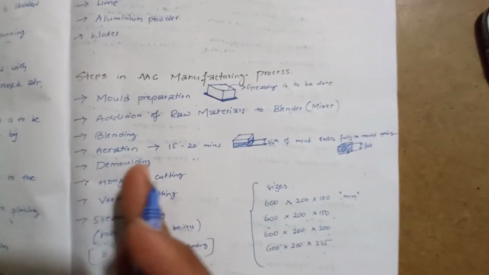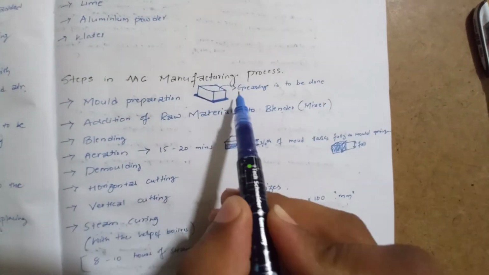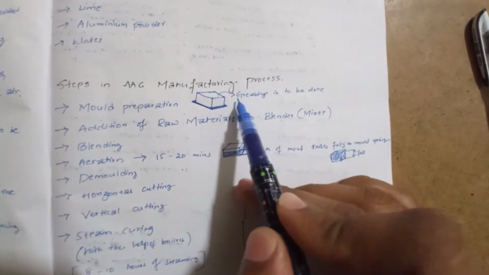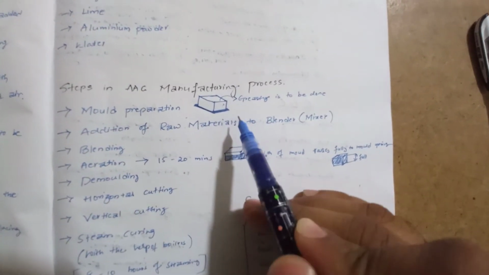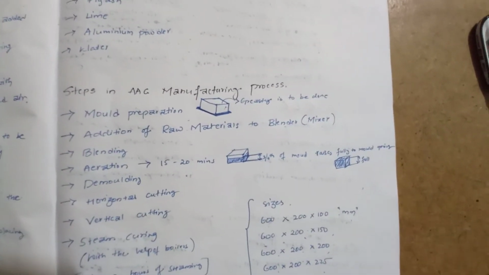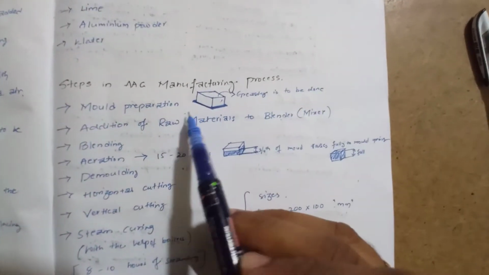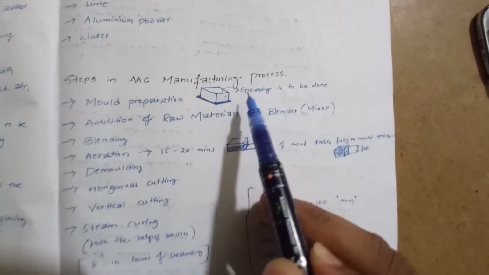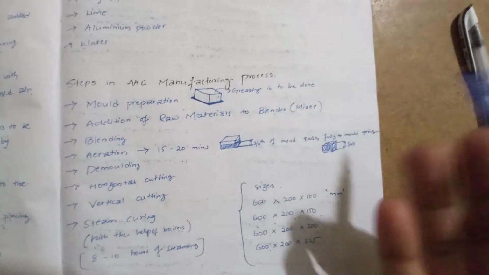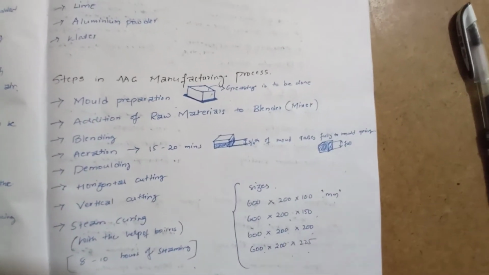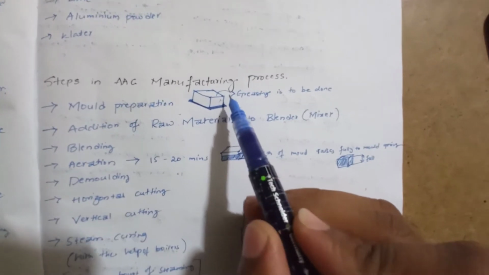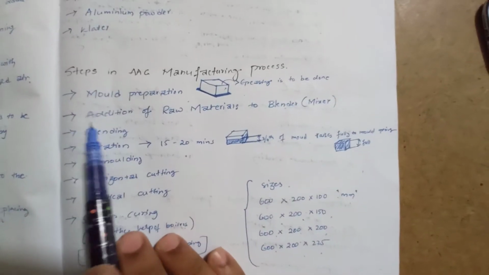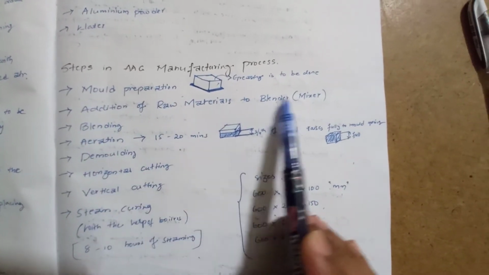So the same process continues here. First we will be preparing our mold. Some quantity of bricks can be prepared with these molds. These molds are of different sizes, based on our requirement. What we are doing is fixing this mold with a bottom plate and greasing this mold entirely, so that while we are removing it, it should not break or crack. The paste which we are pouring in this mold should not get dislocated while we are removing this. So we'll be greasing this and then addition of raw materials to the blender mixer.